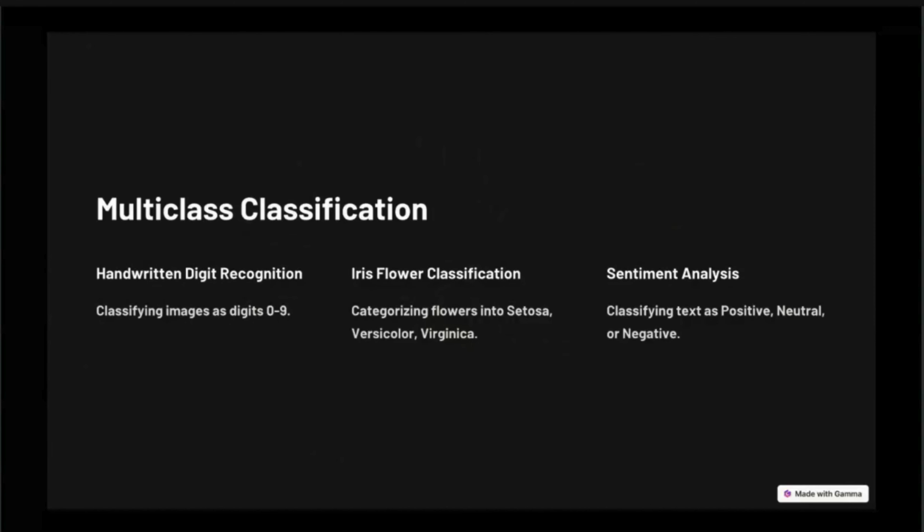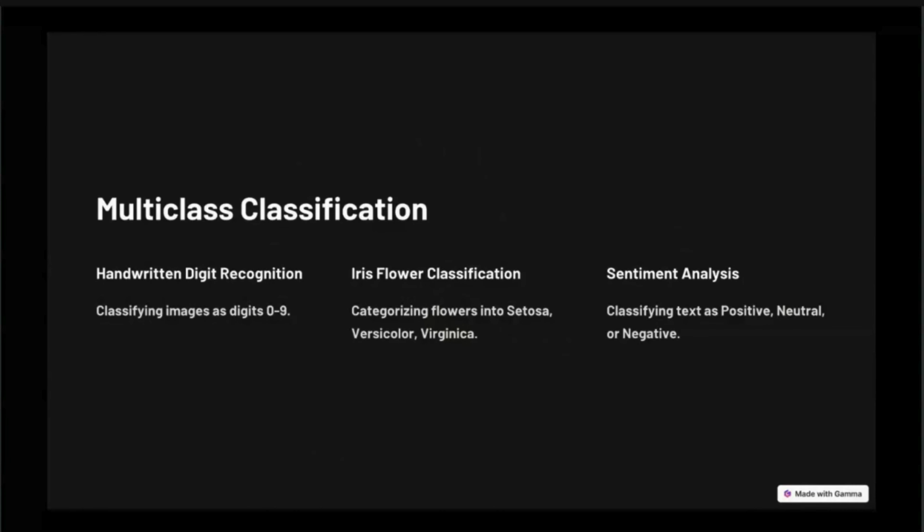Let's take examples. Handwritten digits: classifying an image as a digit 0 to 9. Iris flower classification: categorizing flowers into different families like setosa. Sentiment analysis: classifying text as positive, neutral, or negative.